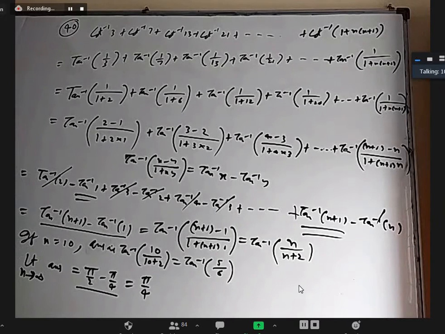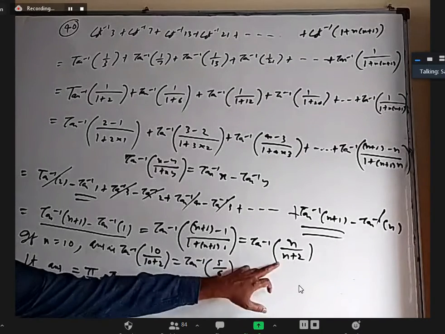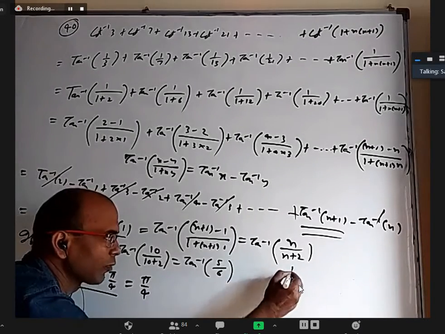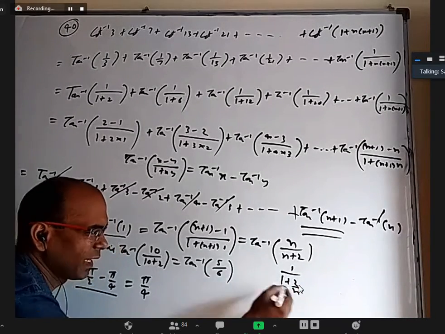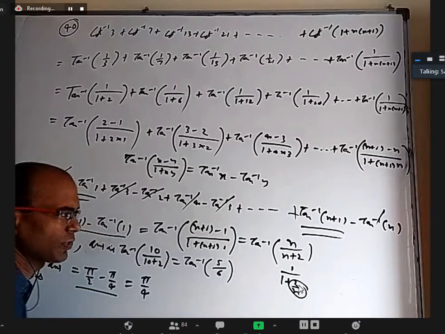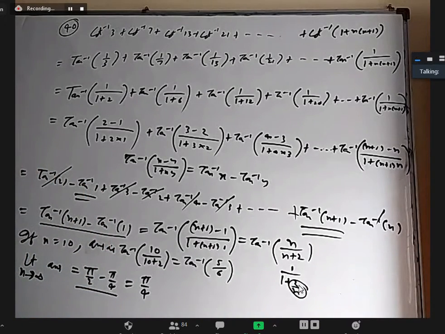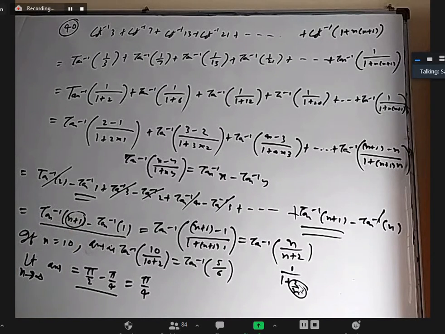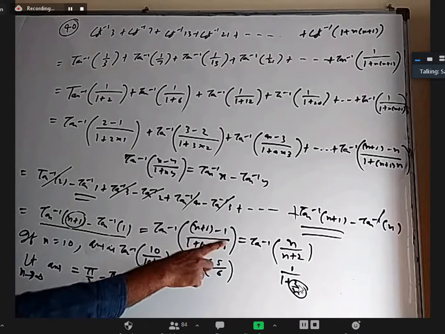No, sir, at last you applied the limit. How did you solve that one with the limit? If you apply the limit here, divide by n here, you are going to get 1 by 1 plus 2 by n. When n tends to infinity, this will become 0. 1 by 1 plus 0 is 1 and tan inverse 1 is pi by 4. Yes, yes. If you are applying here, this is infinity, and tan inverse of something which is tending to infinity will tend to pi by 2. You know, tan 90 tends to infinity, right? Yes, sir. So pi by 2 minus pi by 4, or from there, either way you want.